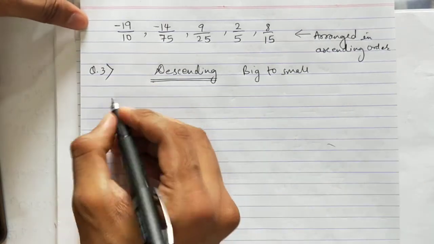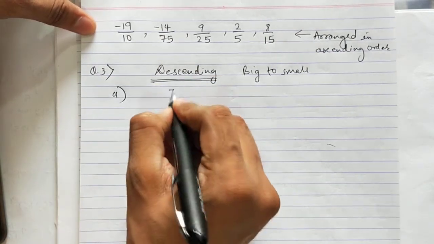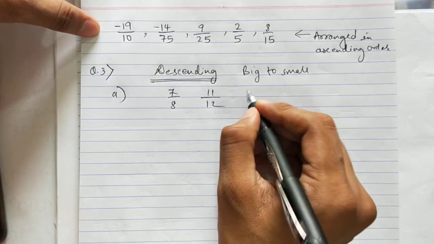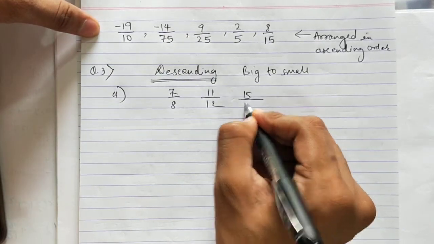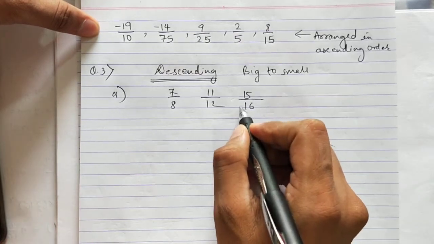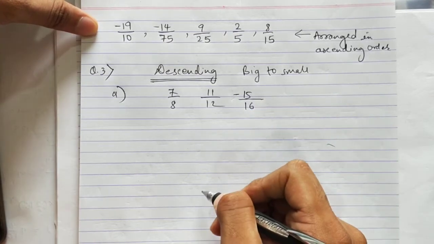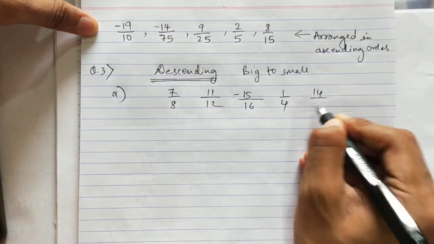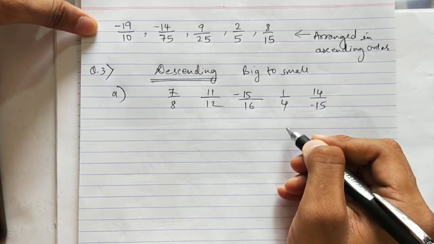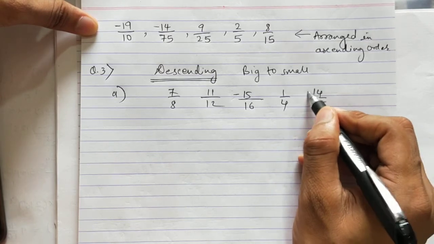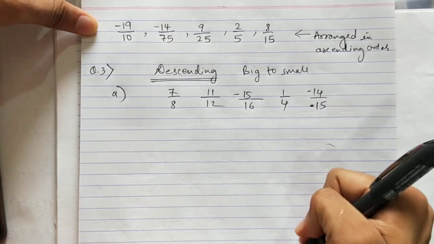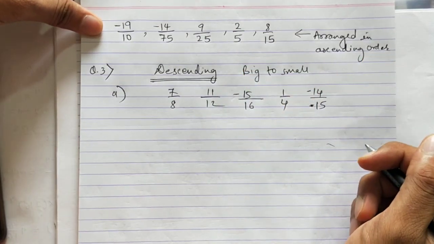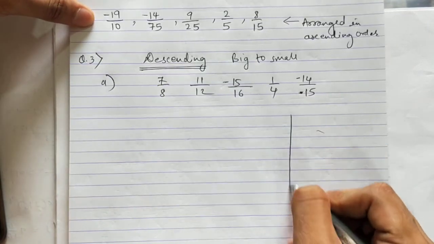Let's do one sum. 7 upon 8, 11 upon 12, 15 upon, this is minus 16. Okay, so I'll write the minus sign up. Minus 15 upon 16. 1 upon 4, 14 upon minus 15. So I can write this minus 15 here. This will become minus 14 upon 15. Always shift the minus sign in the numerator. Okay. Now let's take LCM